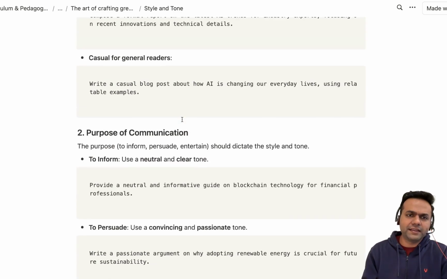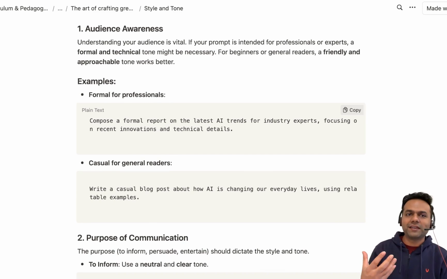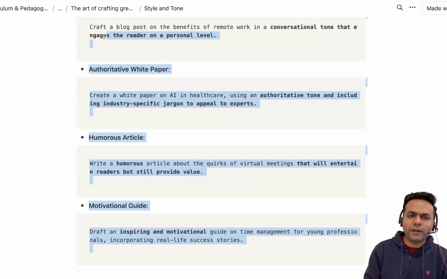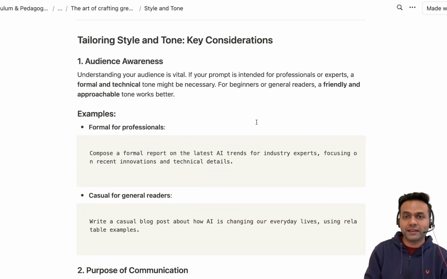So you can think of three things when you're working on the style and tone of the output that you are expecting. One is what kind of audience are you appealing to? Depending on the audience, whether you are targeting professionals, experts, right? For them, you might want a formal or technical tone. For beginners and general readers, you might want a friendly and approachable tone, right?